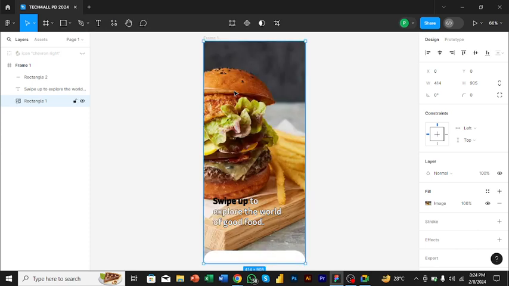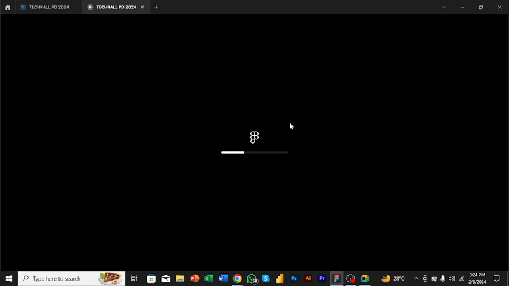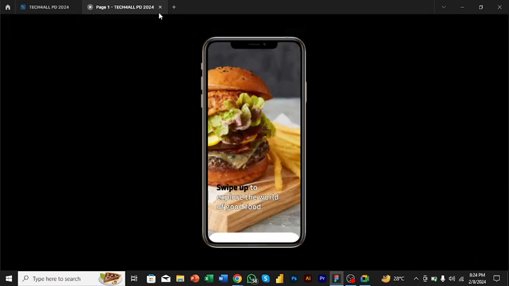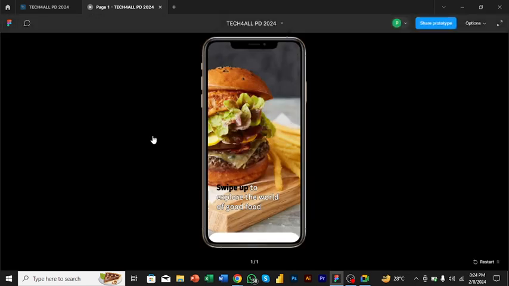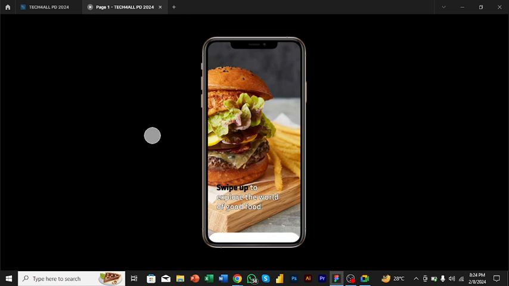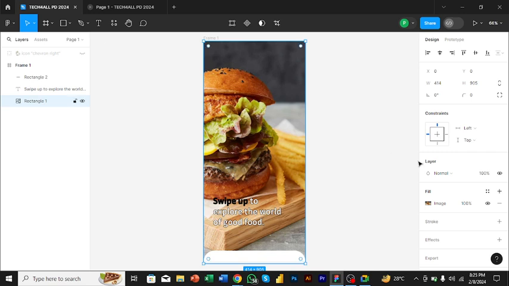So now as you can see, it is inside my design, it doesn't actually make any sense. It's not beautiful actually. I don't think it makes sense. That's not appealing to a customer. So we are going to fine-tune that to make sure we can see the orange color I was using previously, and we can also see the image of the burger in the background, to just make it a bit appealing and beautiful. So for you to do that,